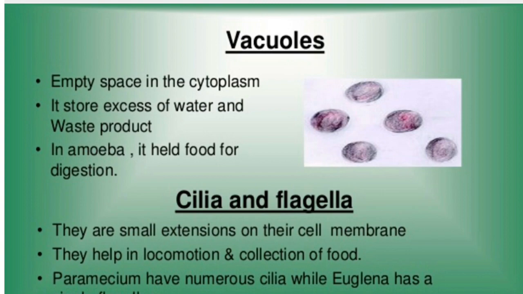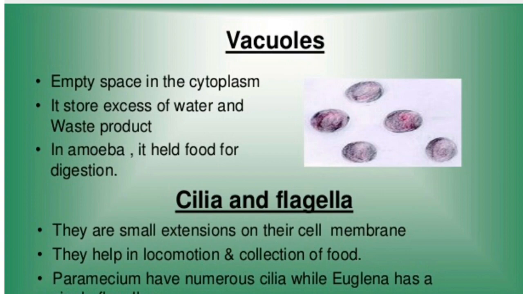Then we have vacuoles. These vacuoles look like a clear space in the cytoplasm, an empty space we can see. A mature plant cell has only one big vacuole in the center, but young plants have many small vacuoles. Animal cells are either without vacuoles, or if they have them, they are small and few. Vacuoles can store water. In plants, they store water, salts and nutrients. In amoeba, they are helpful in excretion and are known as contractile vacuoles.